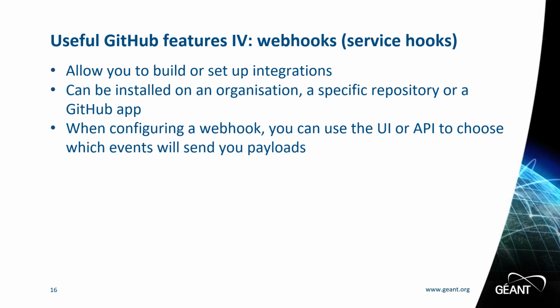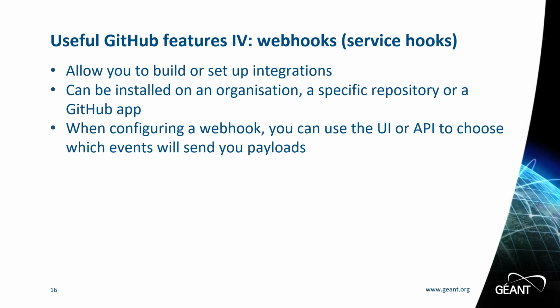Webhooks can be described as service hooks. They define what to do on commit. Webhooks allow you to build or set up integrations such as GitHub apps or OAuth apps which subscribe to certain events on github.com. When one of these events is triggered, the system will send an HTTP POST payload to the webhook's configured URL.